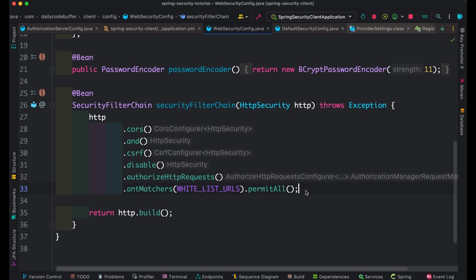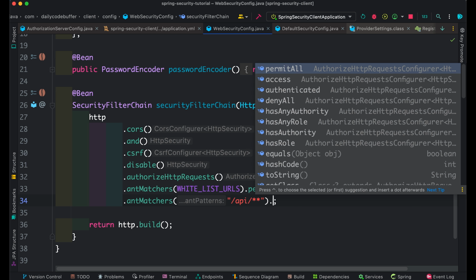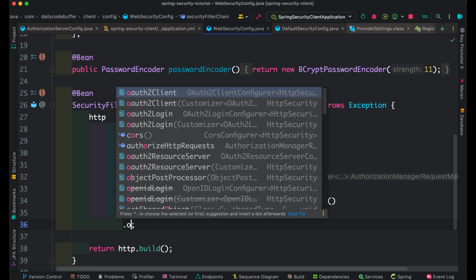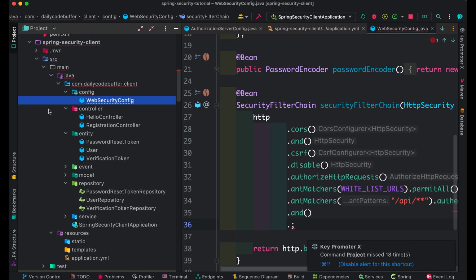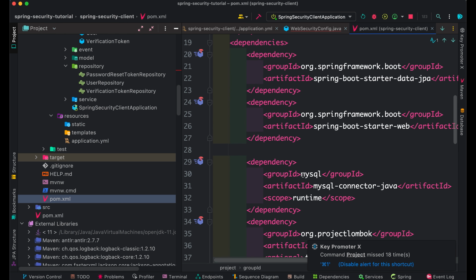So I'm adding one more ant matchers, /api/**: anything coming with /api/ has to be authenticated. Okay, and we need to add the configuration for our auth server as well. Now .oauth2Login we need to add. Now for this to work, we need to add the authorization client as a dependency. So let's add the dependency. So I'll go to the Spring Security client and I'll go to the pom.xml file and I'm adding one